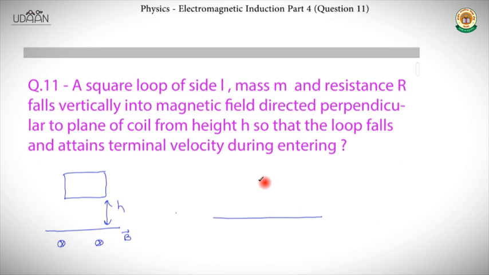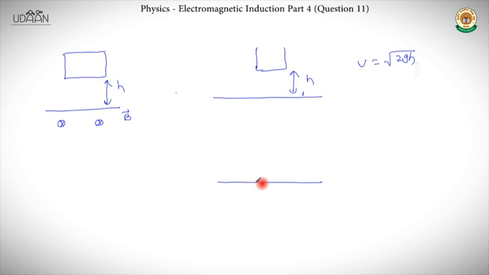See, here what happens is, when the loop falls through a height h in a non-magnetic region, it is going to attain a velocity of v equal to under root 2gh. We all know this, right? That's right. By the time it reaches this particular point over here, it is going to have a velocity v, which is equal to root 2gh, and because of the magnetic field B in this region, as the loop is going to enter